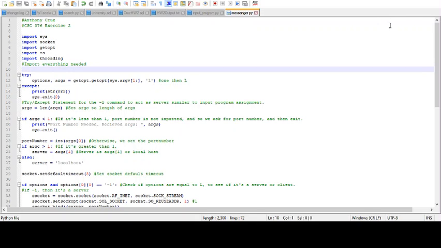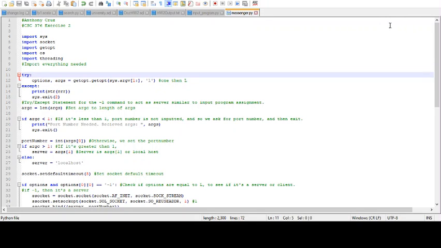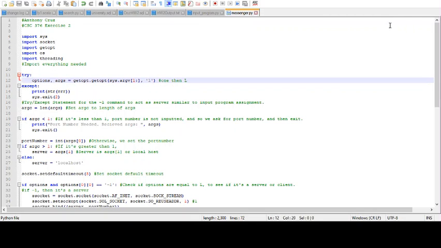Then we do a try except for the L command, similar to the previous input program assignment that we did. But we are going to be looking for the L command. Then we do argc to set the length of args, and then run some tests. If argc is less than 1, then we don't have a port number, so we ask for the port number and then exit. If we get a port number, we set it to the int value given in args 0,